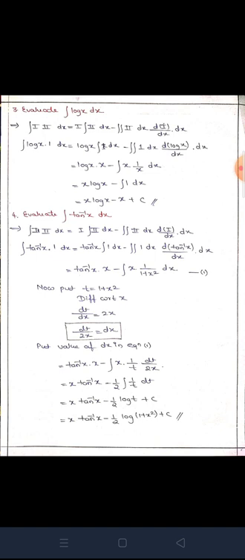Now here x and x will get cancelled and 1 by 2 you can take outside. So x tan inverse of x minus half integration of 1 upon t dt. So next line, x tan inverse of x minus half integration of 1 upon t is log t plus c. Then in the last line I have written x tan inverse of x minus half log of t, which is nothing but what we have taken, 1 plus x square. So substitute the value of t, plus c, that is the constant of integration.